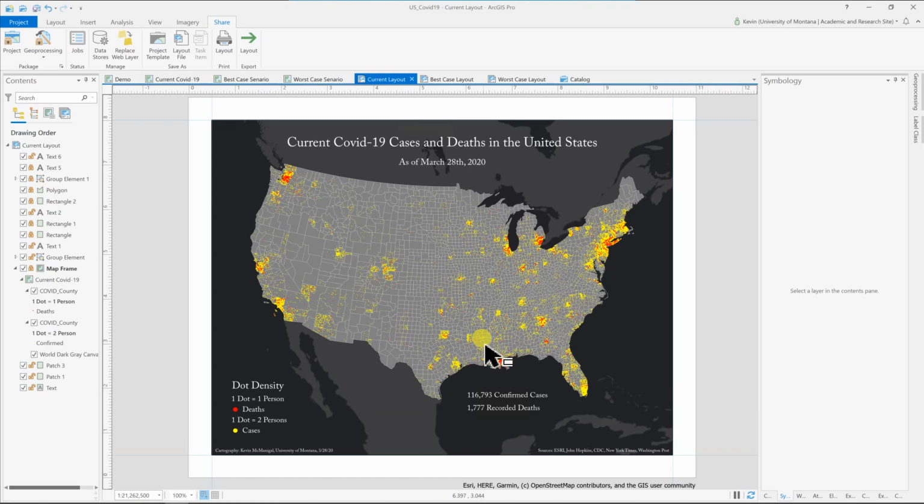So that's a demonstration on how to do dot density mapping with some current data about this pandemic that we're all going through. Please, everybody, listen to your officials, stay home, social distance, and we're going to get through this,